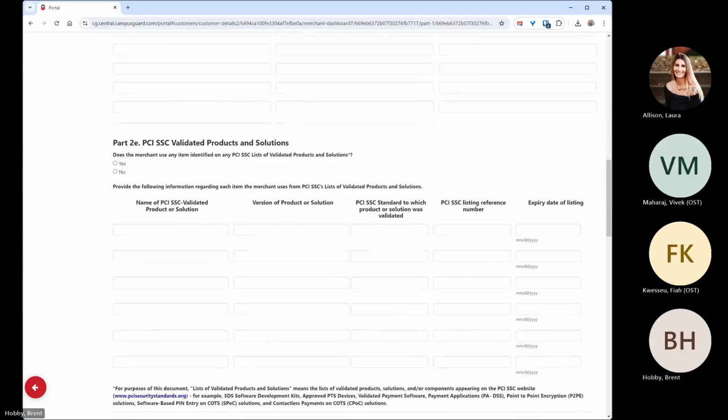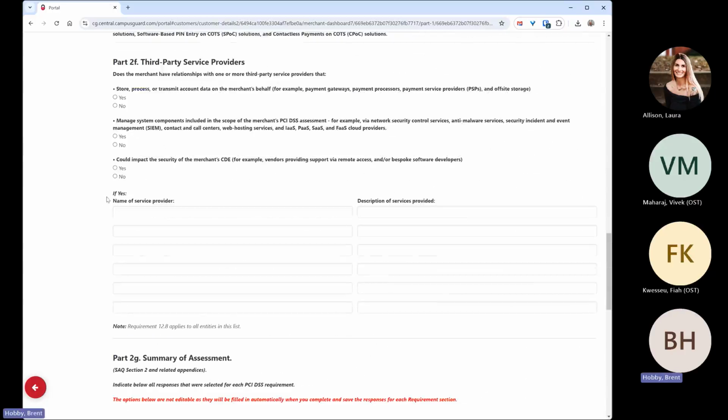Okay. For part 2E, are we using any validated products or solutions? We're going to say no. And then for third-party service providers, these are the folks that are our customers. So we're going to say for store, process, transmit, yes. Now, some of these questions might slightly change based on who's doing your hosting for you, but for the most part, these are going to be